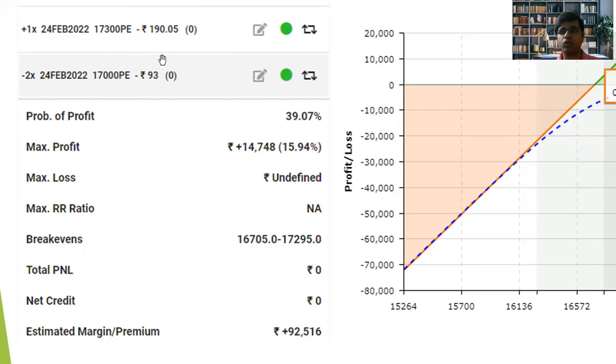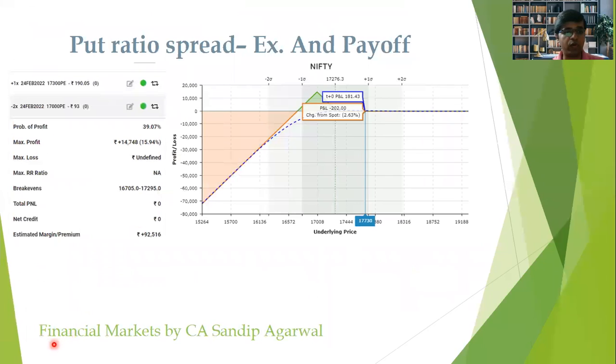So basically his cost is almost nil. So the cost of this strategy in this case is very minimal, which is only 4 rupees multiplied by 50 quantity, which is the quantity for the one lot, so 200 rupees. But obviously his risk is unlimited. So if we refer to the payoff graph as well,